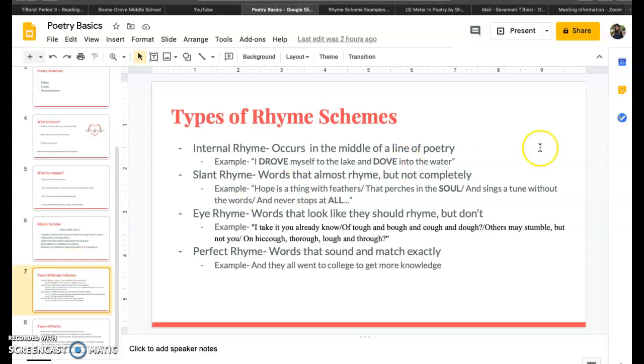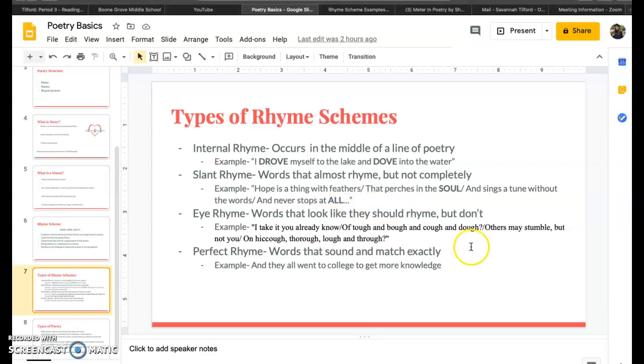Slant rhyme is where words almost rhyme but not completely, and we see this a lot in rap music. And I'm sure you can think of a million examples of slant rhyme in rap. So an example would be, hope is a thing with feathers that perches in the soul and sings a tune without the words and never stops at all. So soul and all almost sound like they rhyme, but they don't quite rhyme,